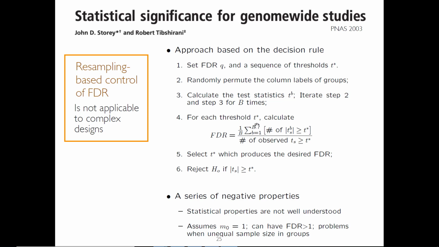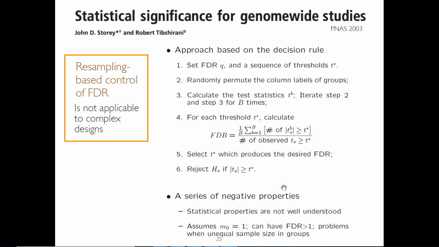So for each threshold, we take the average number of signal-to-noise ratios which exceed the threshold when we shuffle things, divided by how many signal-to-noise ratios exceeded the threshold in the actual data set that we have. The idea is that when we shuffle, these are all false positives, because we shouldn't be seeing any true positives. And so this estimates the proportion of false positives among things which we actually claim as positives. And then we pick this threshold for the desired false discovery rate. So this is another way to do adjustments for multiple testing, and it's fine, but